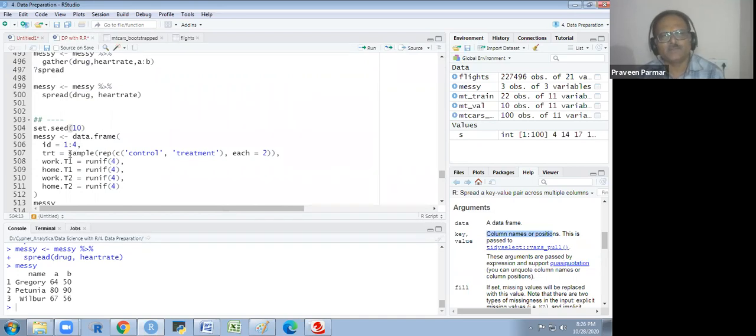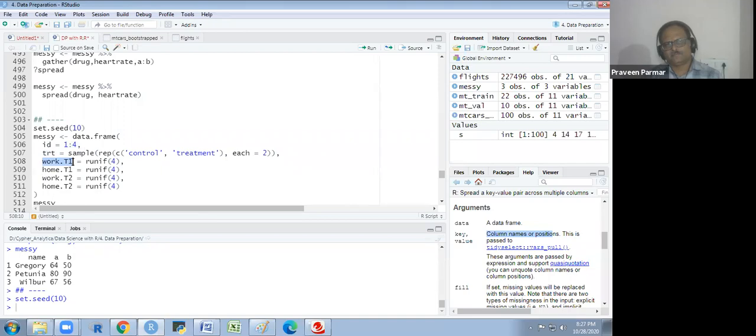I am using sample here, so I am taking the set sheet. Here also I am giving the name Messi. The Messi data basically. Data frame ID 1 to 4. Treatment sample control and treated, 2 times.